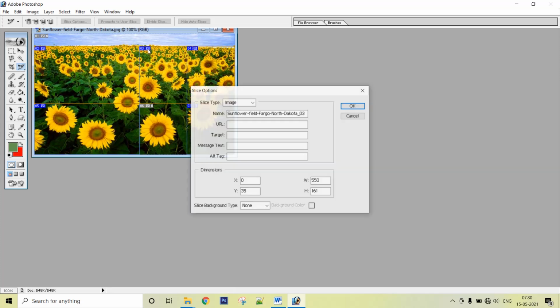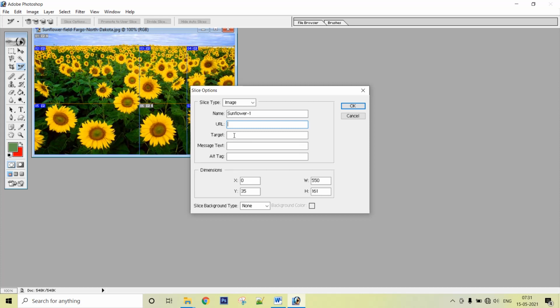Whenever you double click here, these are the options which are available in any slice that you have given. Currently this slice is selected, so this option is for this slice with a light brown colored boundary. Here you can redefine the name of the slice. If you want to give some other name, you can give any name you want to this slice. You can associate this slice with a URL. You can define where this URL should open in your website.